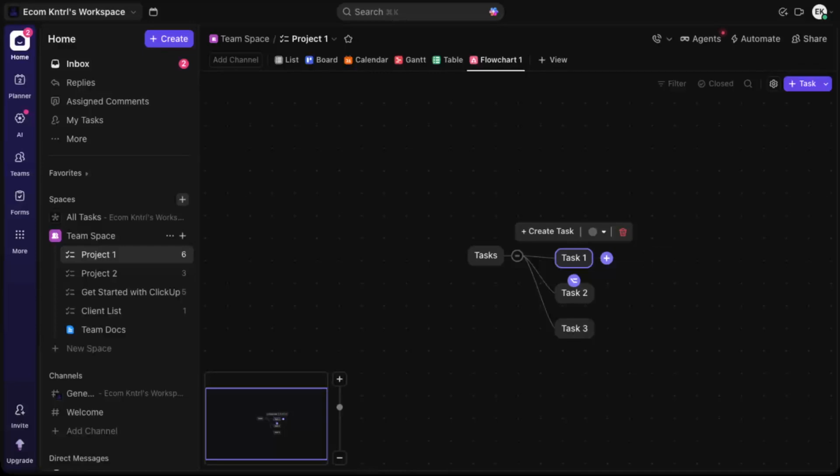This is how you create multiple paths, decision points, or sub-steps in your flowchart, building a more detailed and realistic process map. You can zoom in and out using the zoom controls on the canvas. Zooming out is helpful for seeing the big picture, while zooming in lets you focus on editing specific parts of